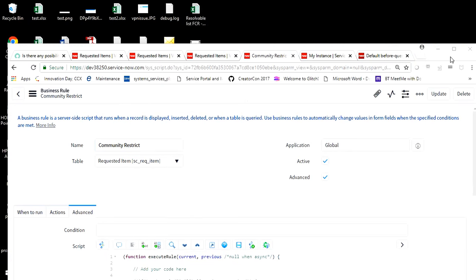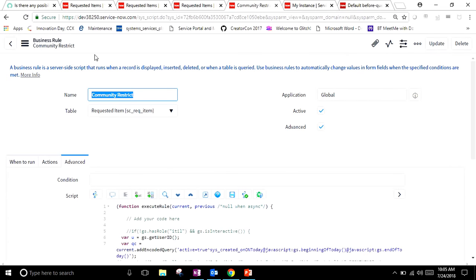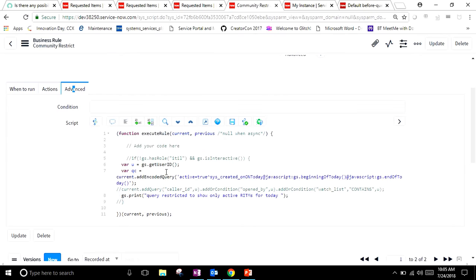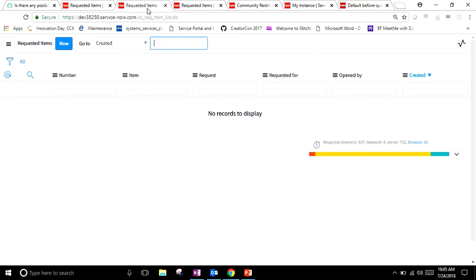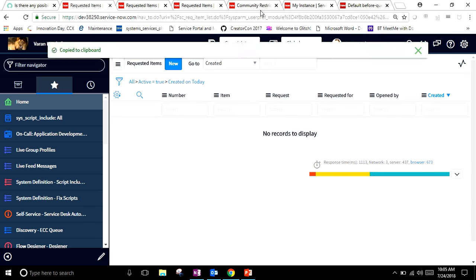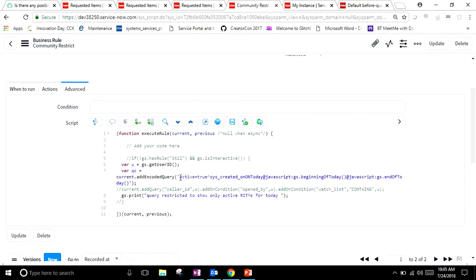The other way of doing it is to create a business rule, like a query business rule, which is a before query business rule. And then in the actions, you can put this encoded query, which is basically saying active equals true and the created date is today. I got this from this one here, right? This query, copied this, and then pasted it here. So this is the second way of doing it. So now when I do this, save this,